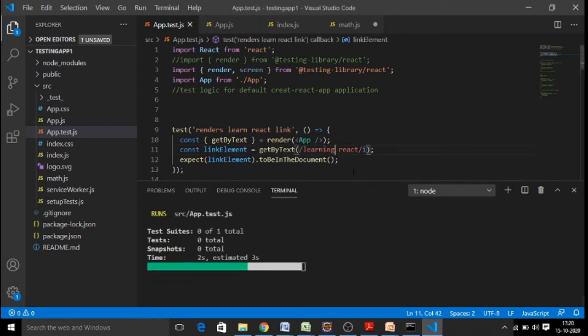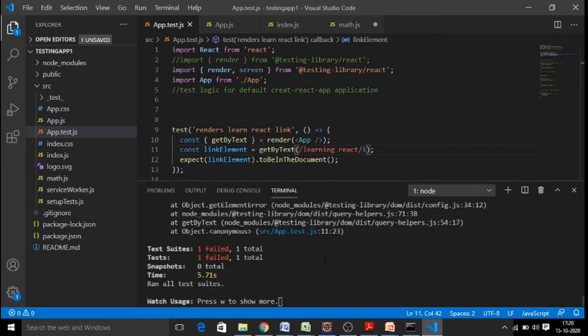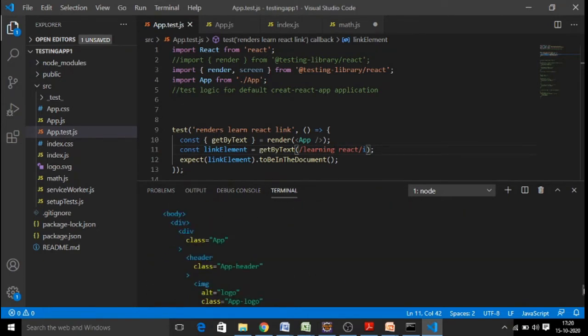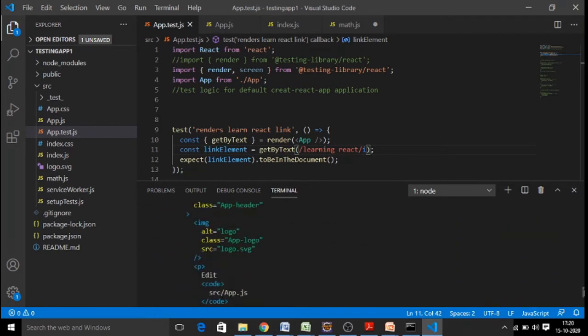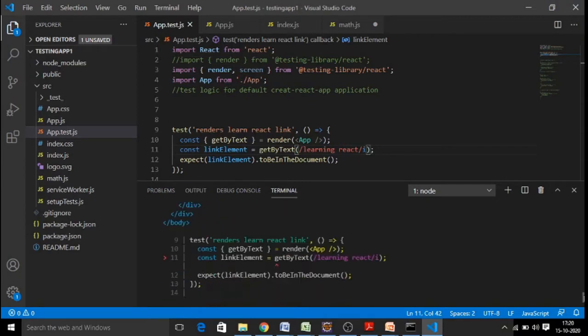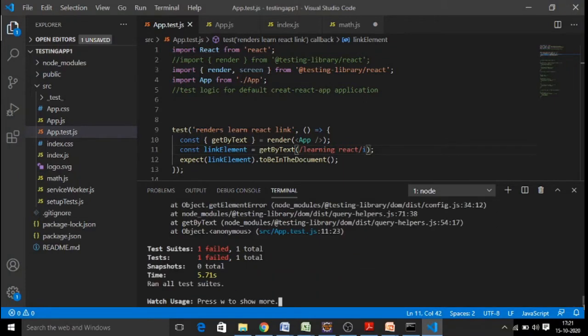Now again I just restarted my test cases and I am watching my test case, right? So immediately it failed. Now you can see the reason. Here it shows you the reason for your test case failure. Learn React is your content, but your expected content is learning React, so it is not matched, so the test case has failed.